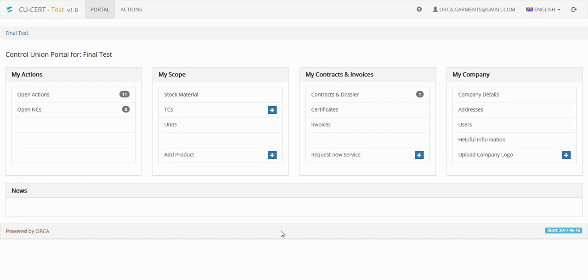Today's lesson, My Portal, a quick introduction. Right now I have already logged in, so we save a few seconds. You see your username up here and you notice that